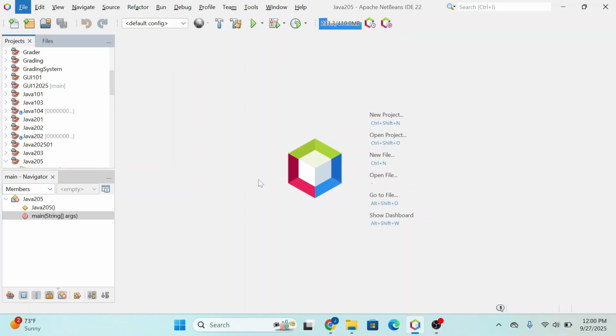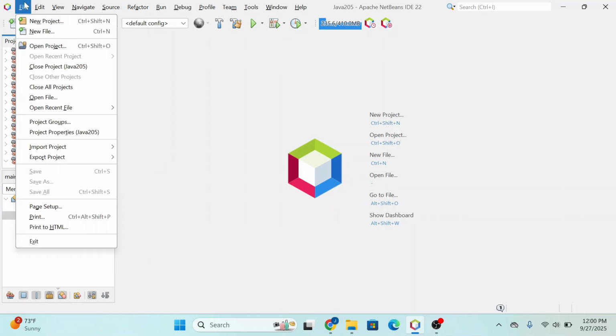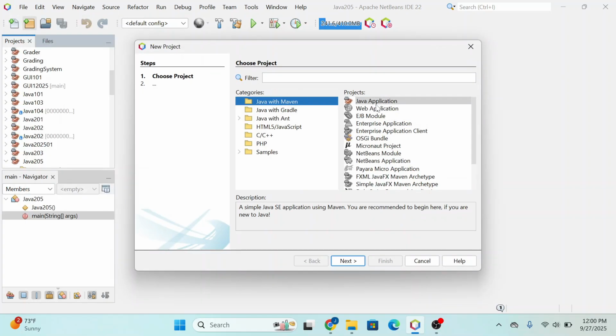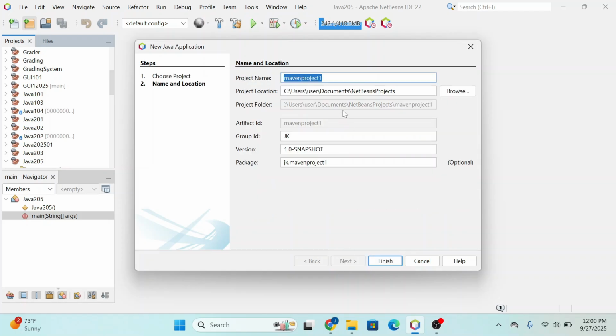Now, to begin, we come here where we have the file. We create a new project here. Select Java with Maven. Then select Java application. Then you click next. Give it a project name. In this case, I'm going to call it